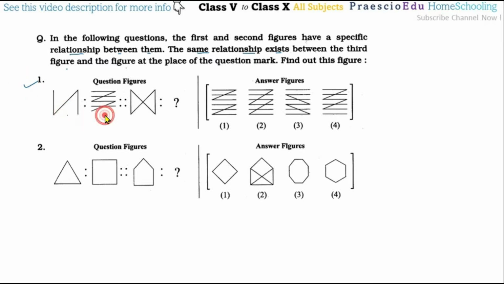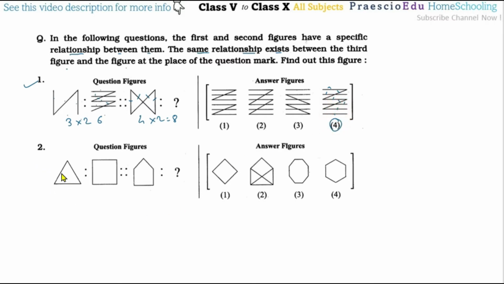In this question figure, if we count 1, 2 and 3, three lines are there, and then 1, 2, 3, 4, 5 and 6. Here 3, here 6, means we can say multiply by 2. Likewise 1, 2, 3 and 4, so here the 4 means multiply by 2, there should be 8 lines, and 8 lines are given in option number 4. So this 1, 2, 3, 4, 5, 6, 7 and 8, so option number 4 is correct.